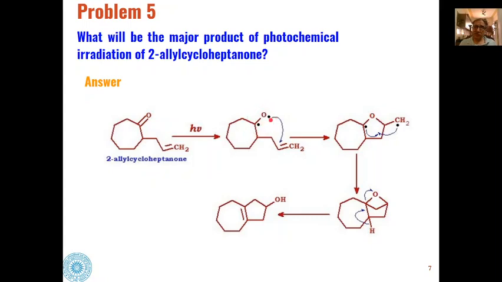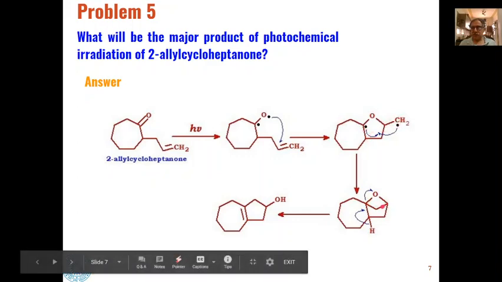Then this oxygen free radical will attack at this carbon, it will use one electron from here and one electron from here. Carbon oxygen bond will be formed. So that means now we are left with one electron over here at this terminal carbon, and one electron radical is present at this carbon. And then this carbon and this carbon, they will combine to form this type of carbon carbon bond.